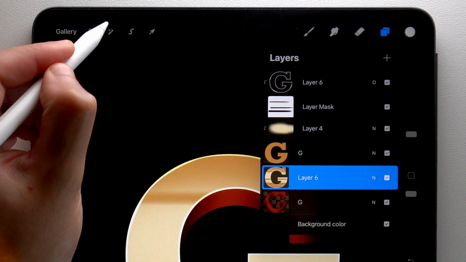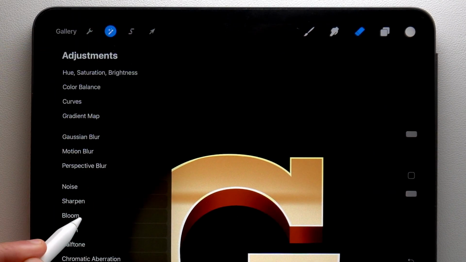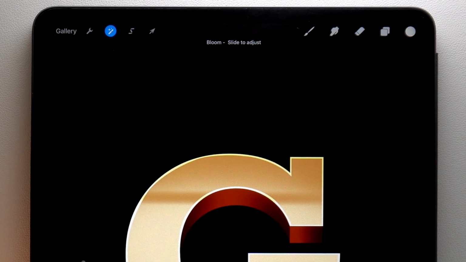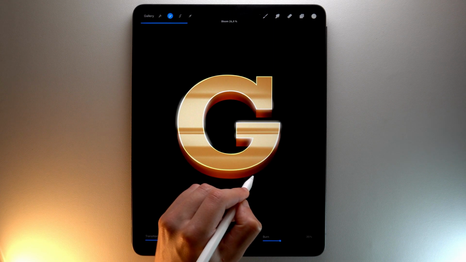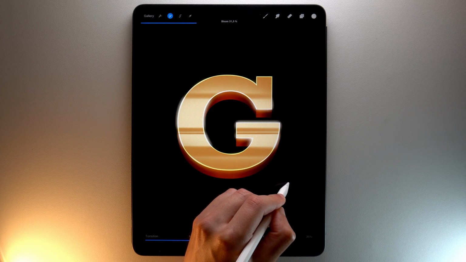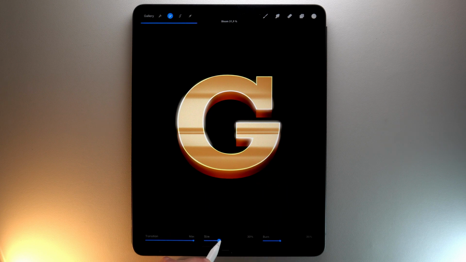Now go to the Adjustments menu, tap the Bloom layer effect, then slide to the right to adjust the amount of bloom, and also with the sliders at the bottom.